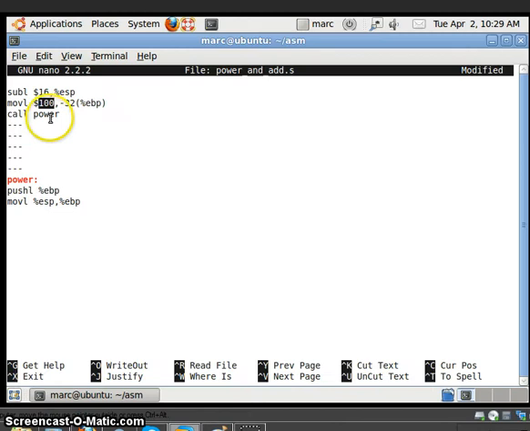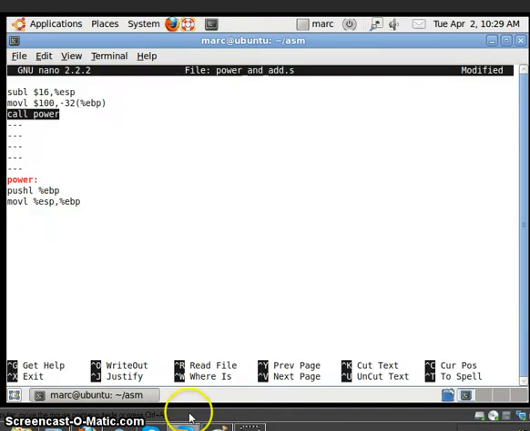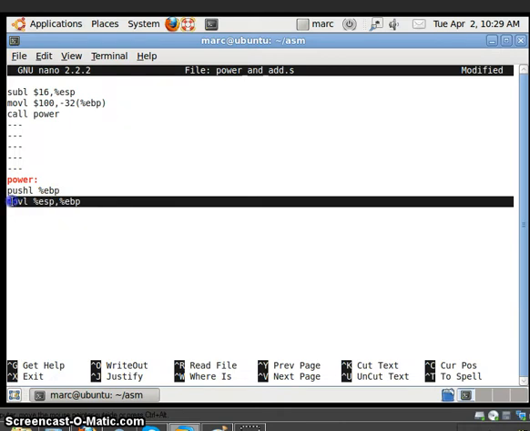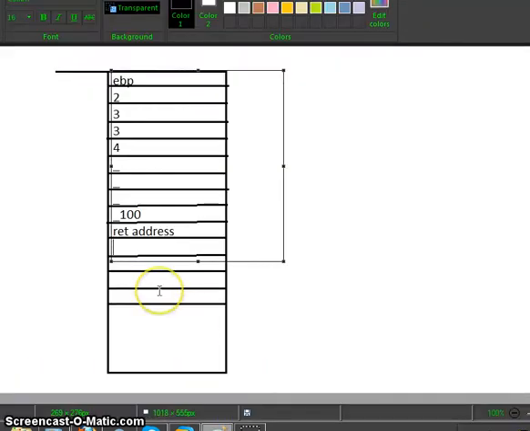Then what comes next after calling par? Par will save the return address over here. Next our instruction pushing EBP onto stack will save our EBP value onto stack over here. This will be our fresh stack pointer.